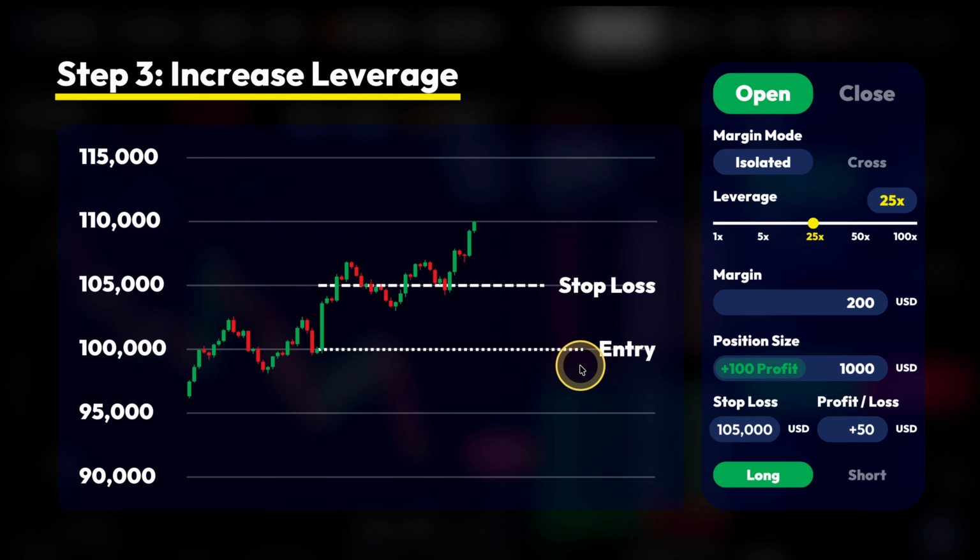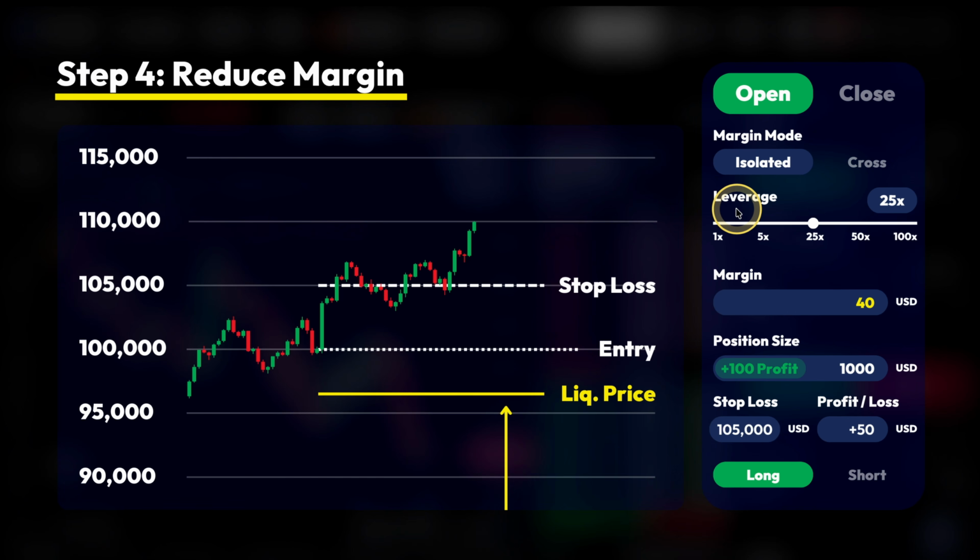In our next step, we can now also increase our leverage. A high leverage is especially dangerous at the beginning because the liquidation price would get very close to our entry and we can easily get liquidated. But this trade right here is already in profit and we've even secured ourselves with a stop loss above our entry, and therefore we can now easily increase our leverage without increasing our risk. In this case, I'm going to push it up to a 25x leverage,